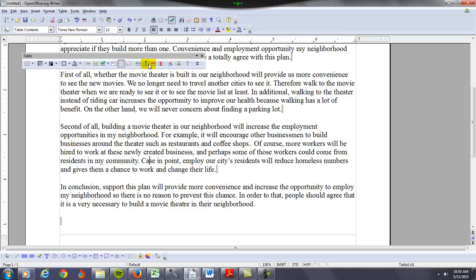Then you have "case in point." I think you need something like "therefore" here. As a result, you need cause and effect here. So for example, we'll encourage other businessmen to build businesses around the theater, such as restaurants and coffee shops. Of course, more workers will be hired to work at these newly created businesses, and perhaps some of those workers could come from residents in my community. Therefore,